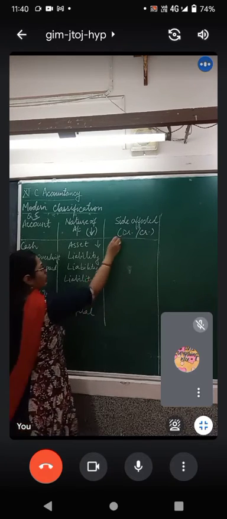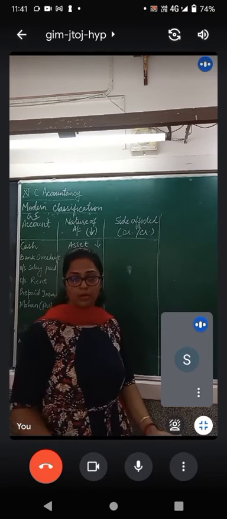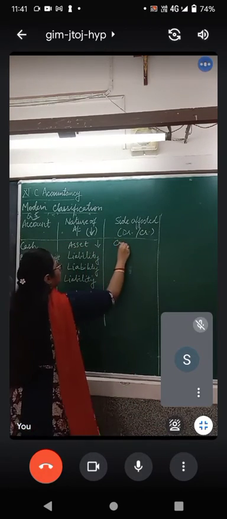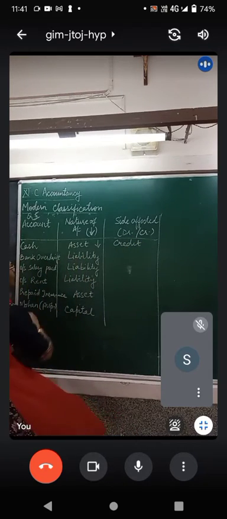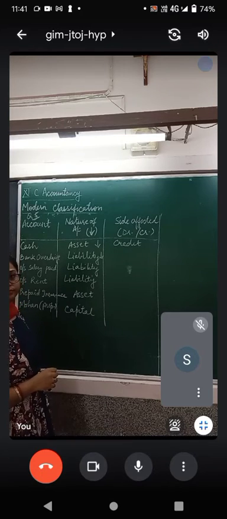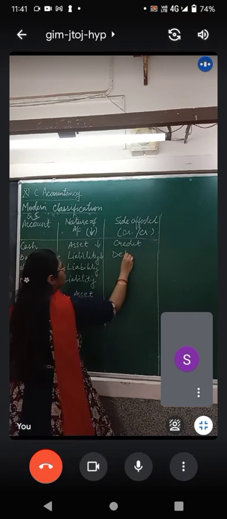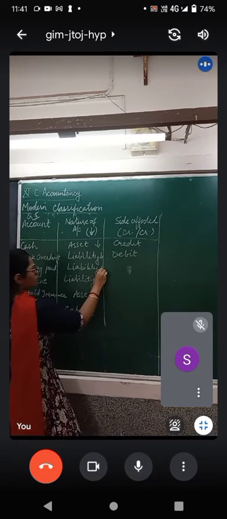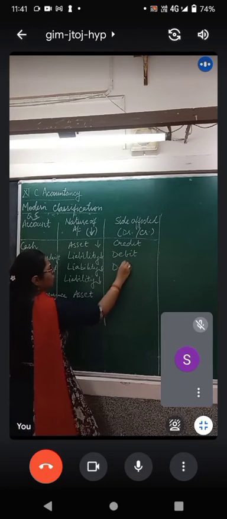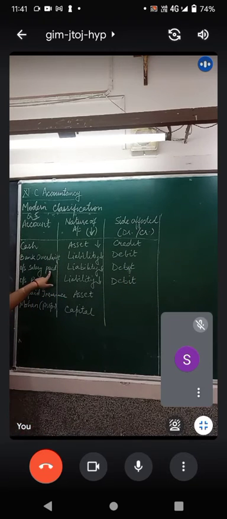Now, a decrease in asset. To decrease an asset, debit it or credit it? Come on, reverse the rule. Credited. Credit it. And this is a liability, bank overdraft. To decrease, what you are supposed to do? Debit it or credit it? Debit. Very good. This is also a liability. In सबको reduce करने के लिए you just have to debit. So debit outstanding salary, debit rent, and debit bank overdraft.